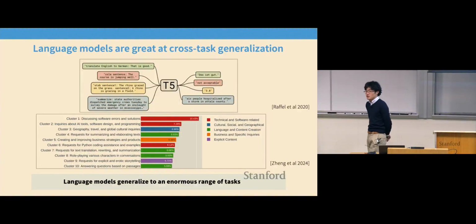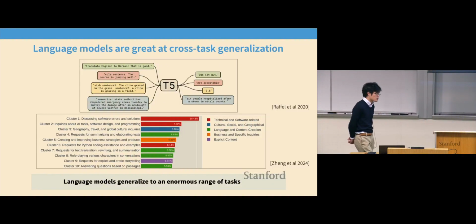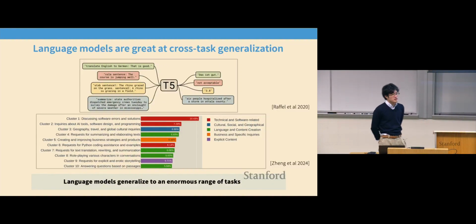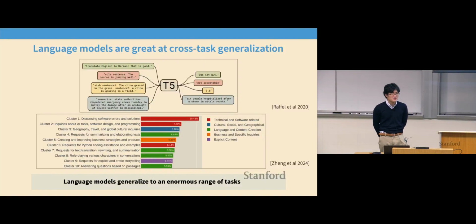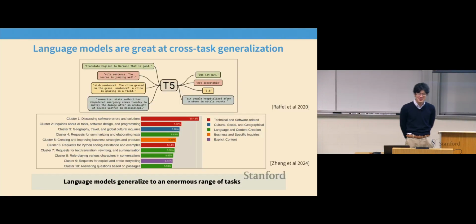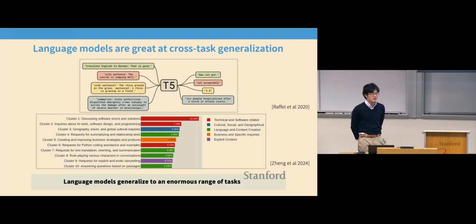So the starting point for this is thinking about where language models' remarkable capabilities come from. I think many of you maybe started in the post-LLM era in this field, so this is all natural to you. It's like, of course language models can do all the things. But this is actually pretty surprising to many of us who started in the field long before that.